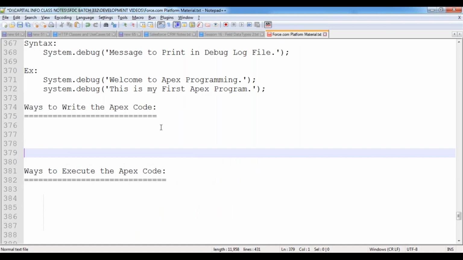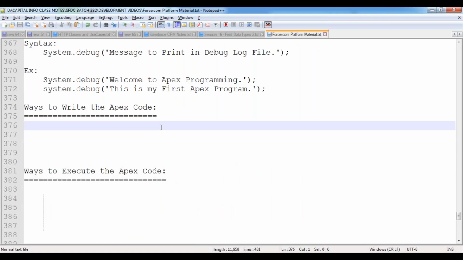Now the next one is, how can we write the Apex programming code? How many ways are there in the Apex programming language to write your Apex programming code? Whenever we write Apex programming code in order to implement your application functionalities,